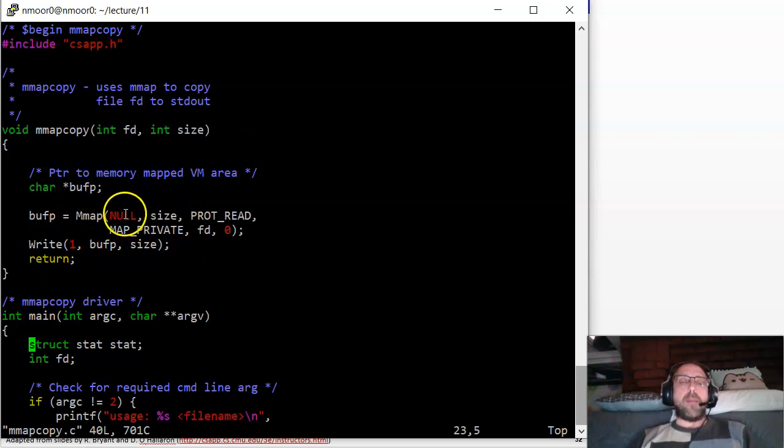So our call to mmap, we're giving null as the address, meaning we don't care what address the kernel gives us as long as it's something not already in use. The size comes from the size parameter to this mmap copy function. So this will be the size of the file. We're asking for it to be readable. We want to have a read-only mapping of the file,